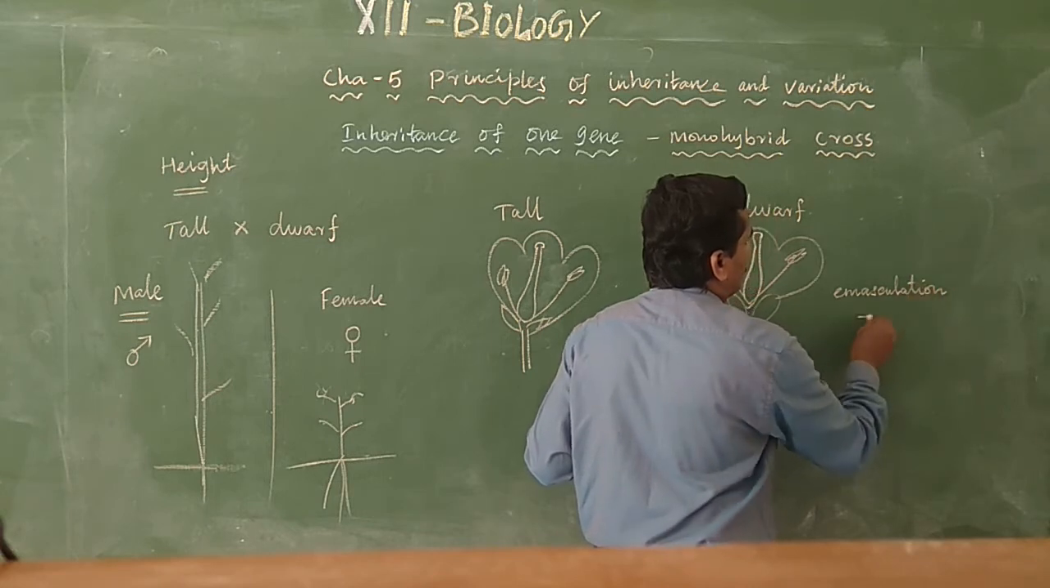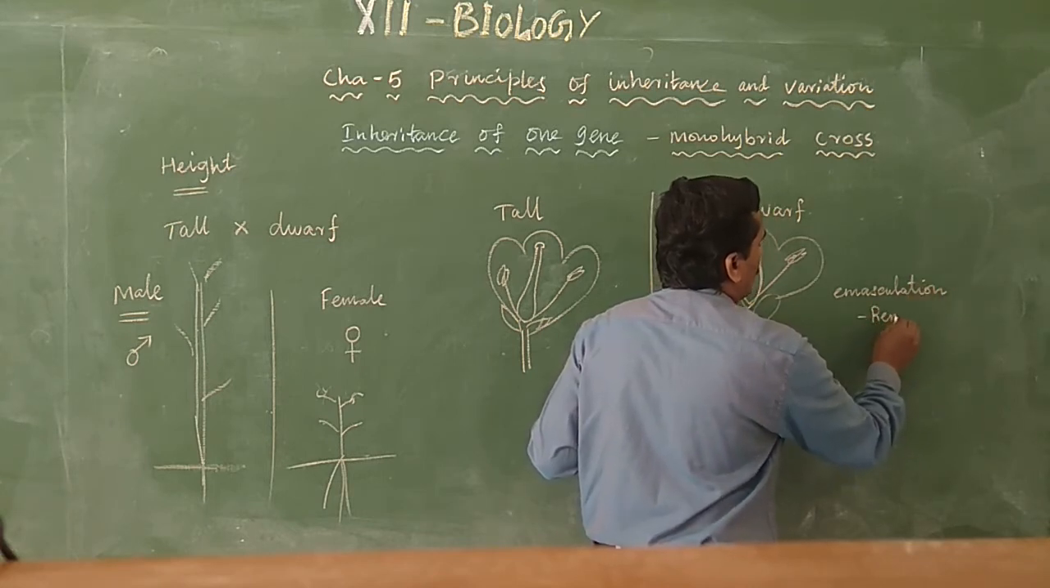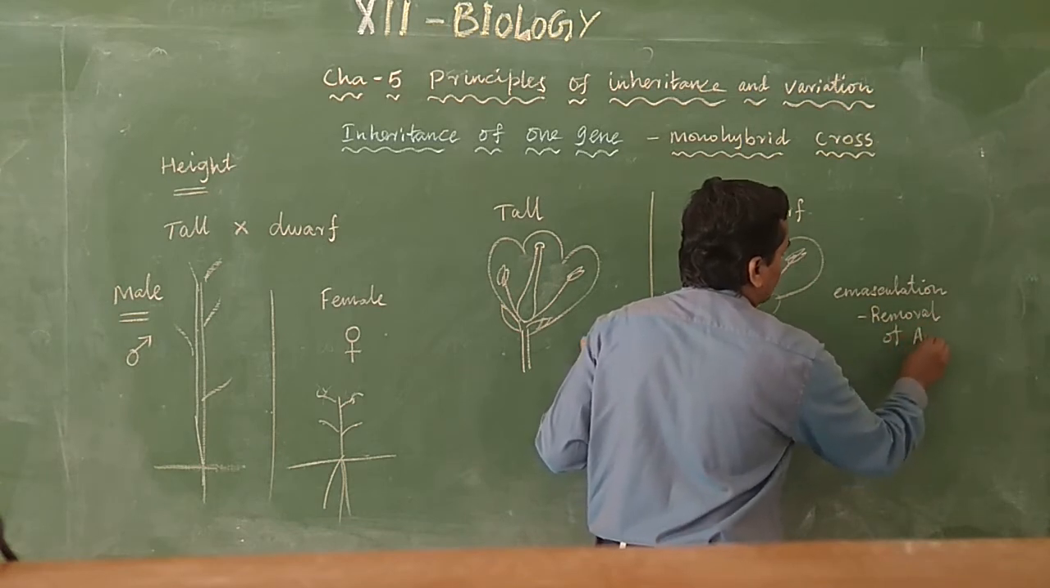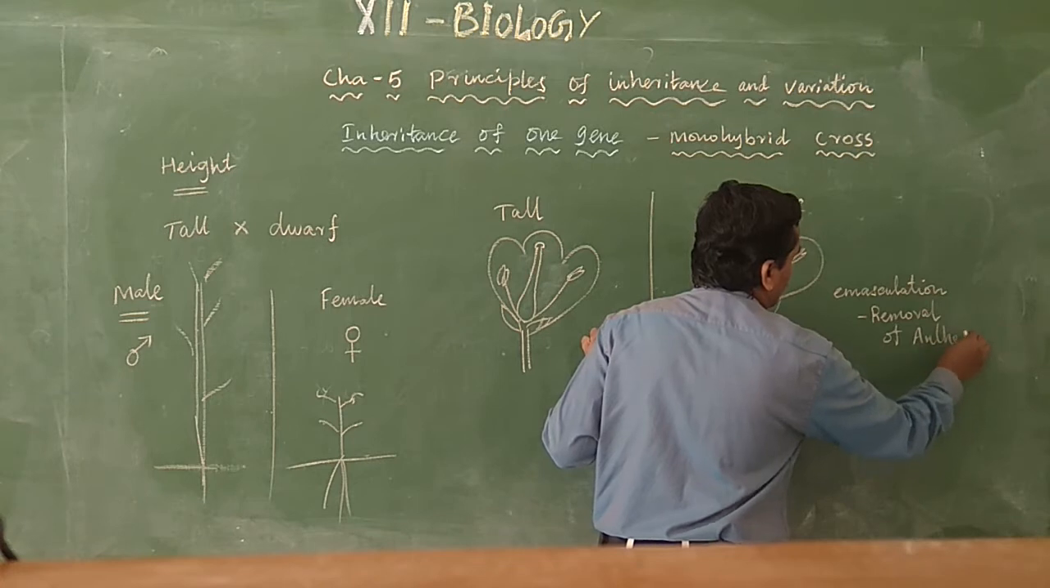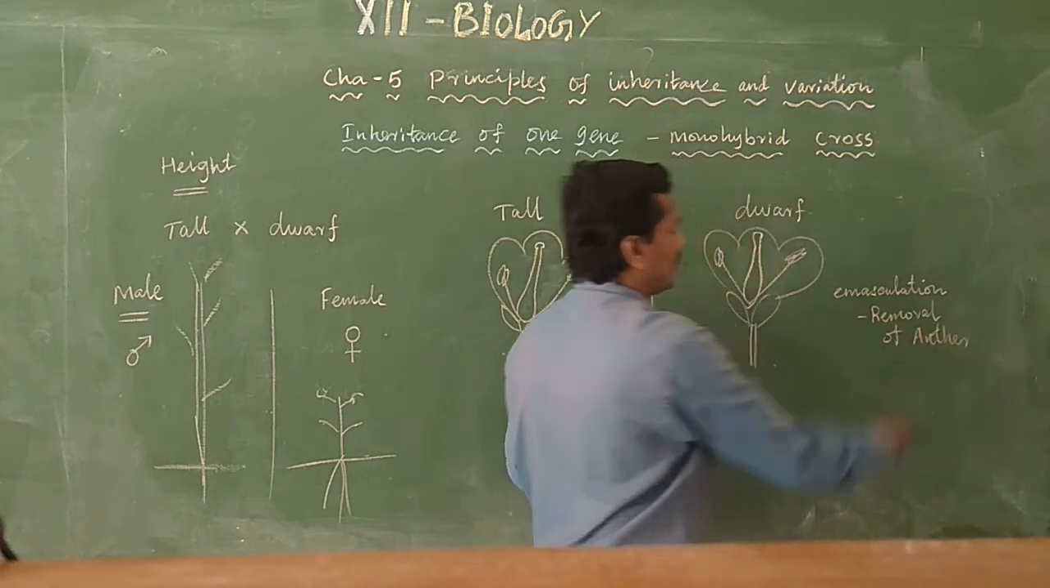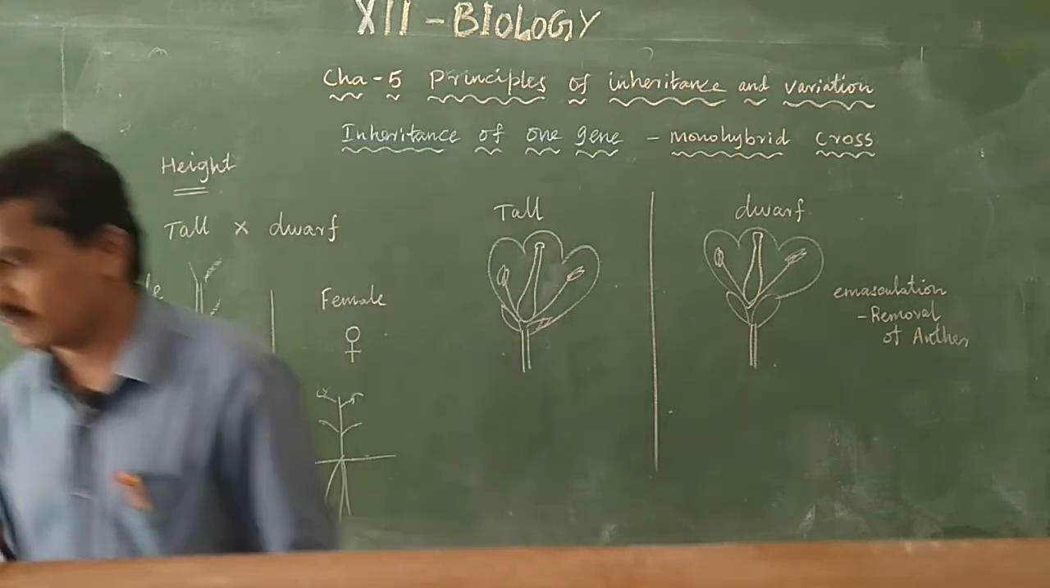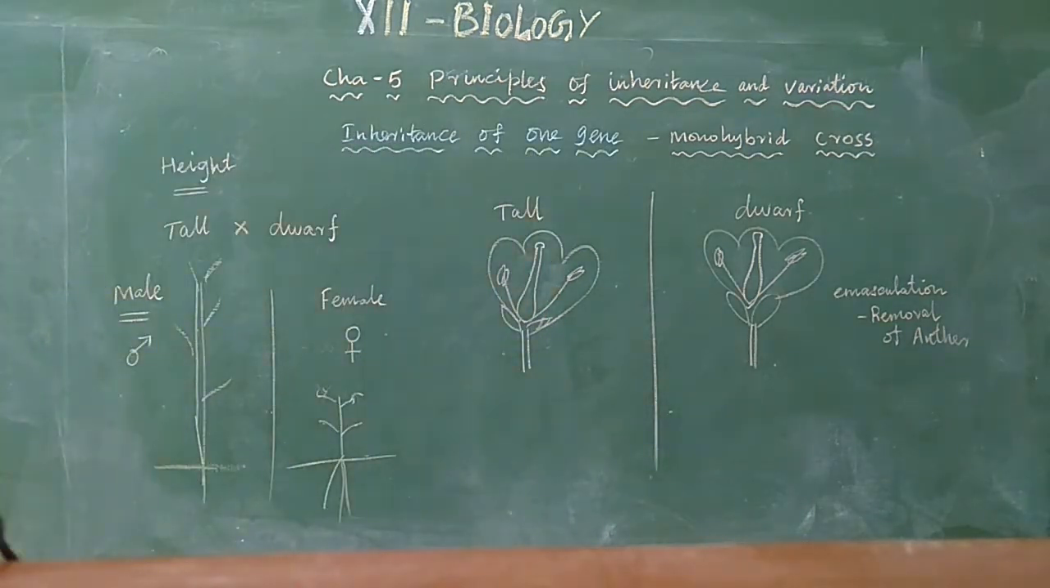Emasculation means the removal of anther. Removal of anther is known as emasculation. It means removing the male gender in a bisexual flower, after removing the male gender with the use of various